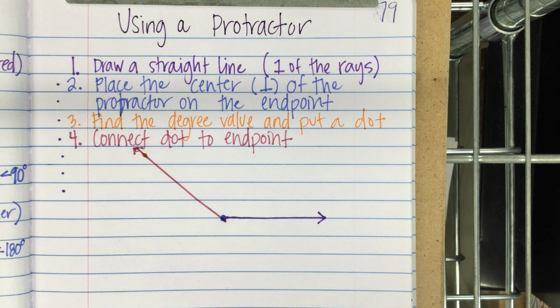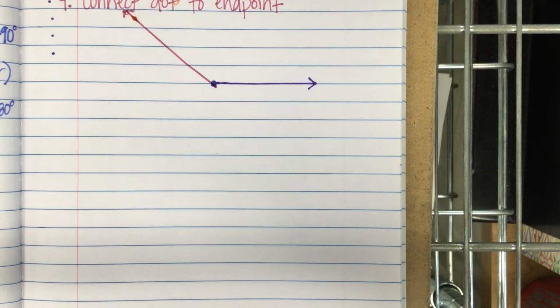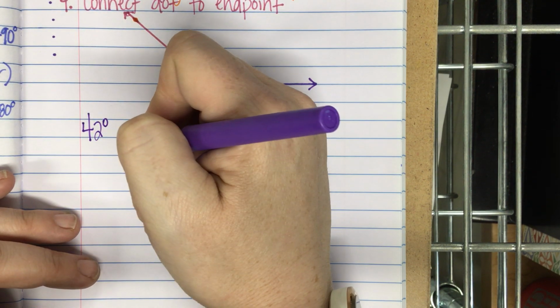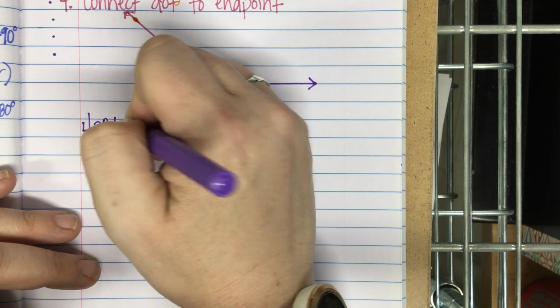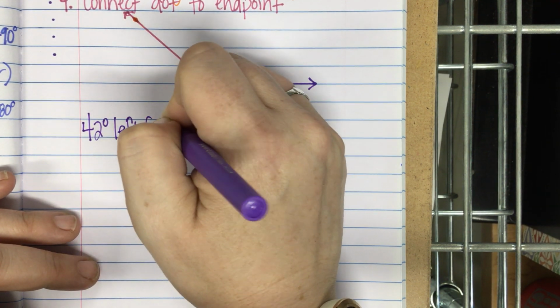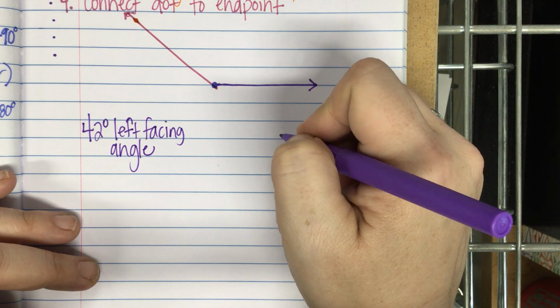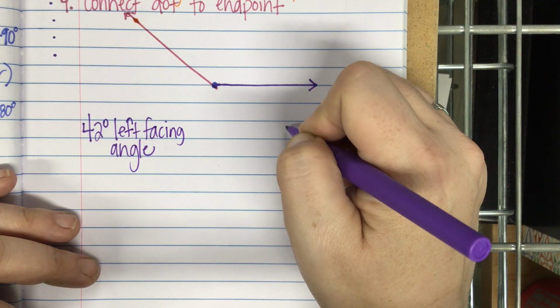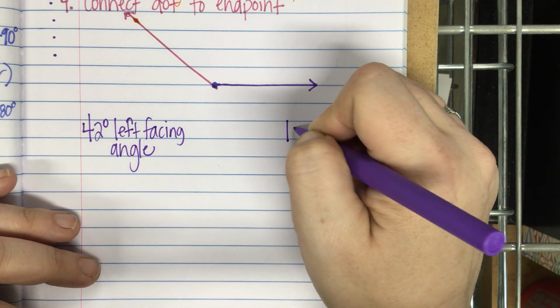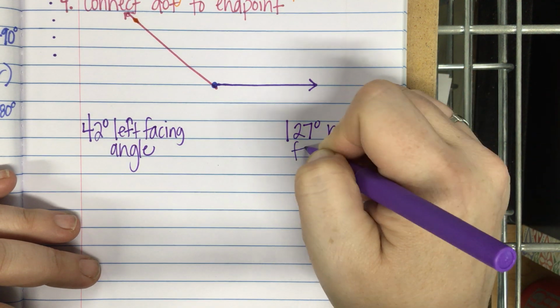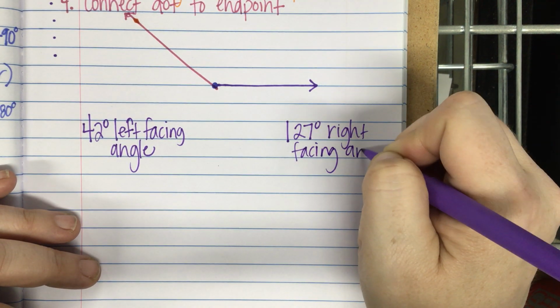What I want you to do, you're going to practice. You're going to do that on your own in a minute. I want you to draw a 42-degree left facing angle. And I want you to draw a 127-degree right facing angle. Wait, so can we choose? Do we have to choose the way we have to